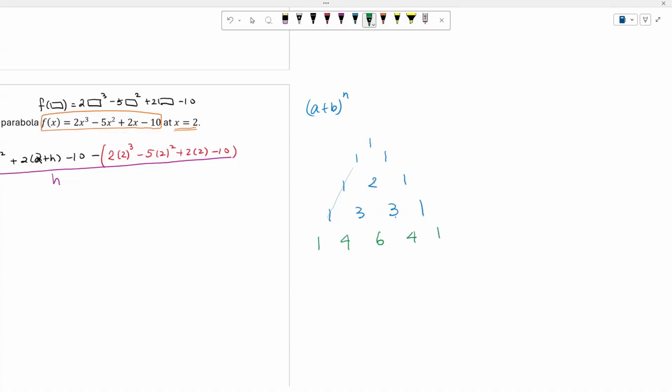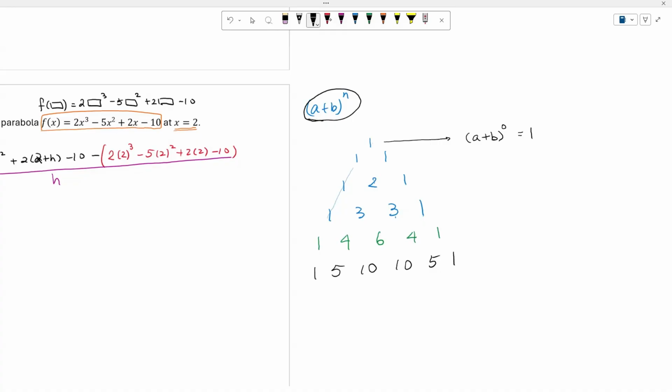Then of course the next line will be 1, 5, 10, 10, 5, 1. And then you could expand out Pascal's triangle this way. And then how is this related to a binomial to any power? Now you could consider the first one to be the binomial a plus b to the power of 0. Then you know that any number to the power of 0 is equal to 1.